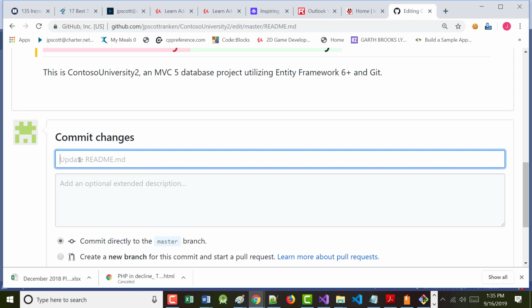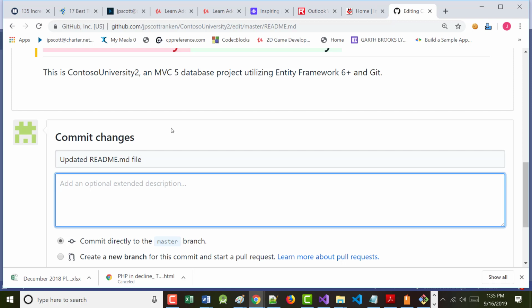Notice it already even has some changes here, and that's what I'm going to say. Updated readme.md file. All right? Added proper English syntax. I'm not saying that's a great comment or anything, but that is pretty much what I did. All right? And now when you look up here,